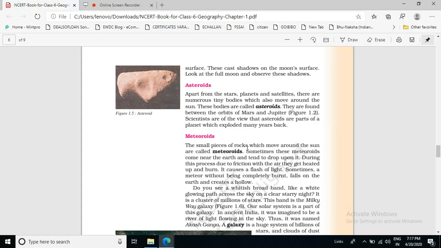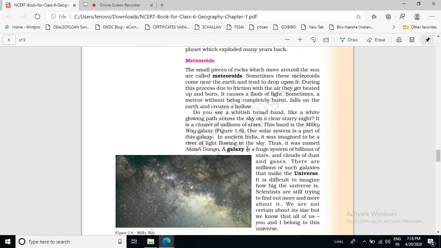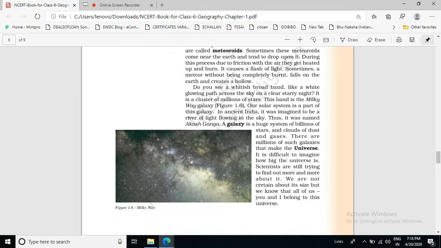But many times, sometimes it also happens that a meteor does not burn completely. Okay. And it falls on the earth, and thus creates a hollow, because it is dropping from a very great height. That's why it creates hollows on the surface of the earth. Okay. Now what we